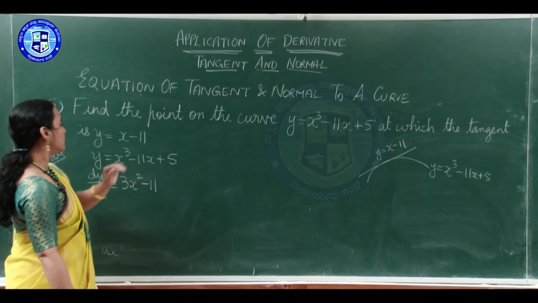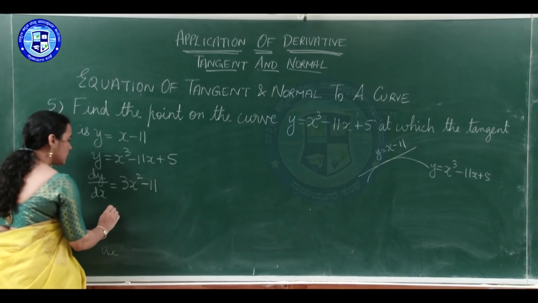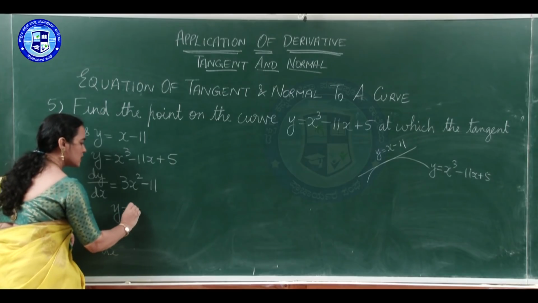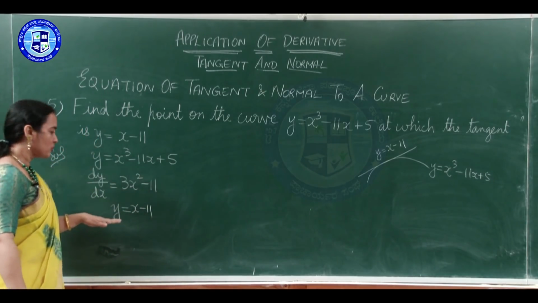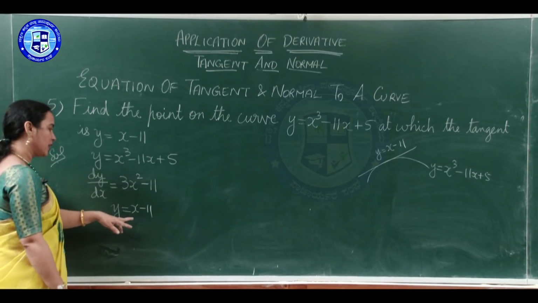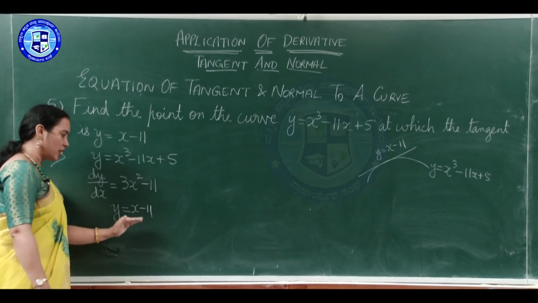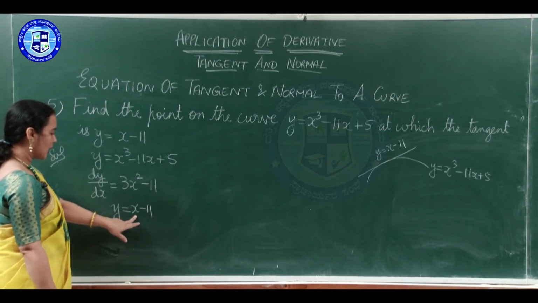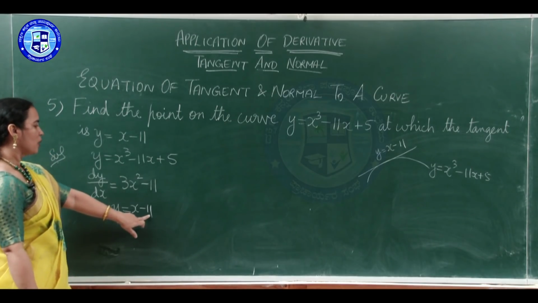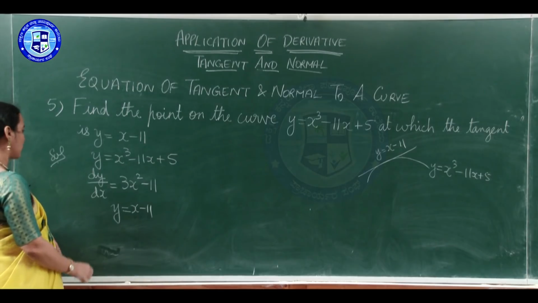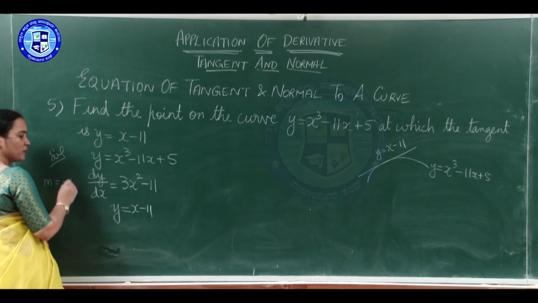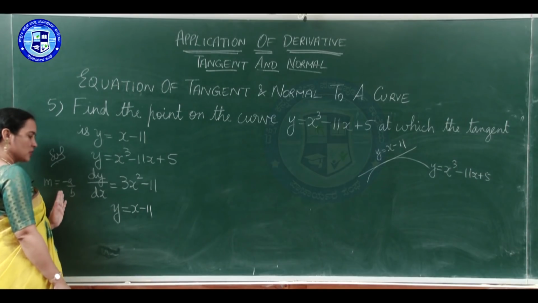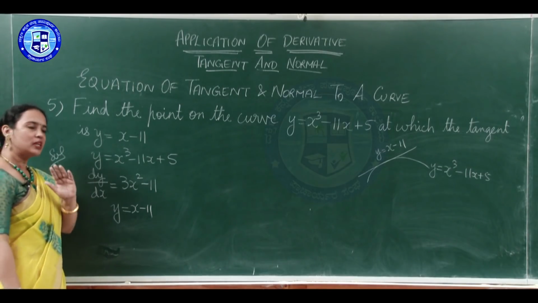Let us move on to the tangent equation. So, tangent equation they have given it as y is equal to x minus 11. How to find the slope? Now, this is a straight line. So, you can write it in the proper general equation form. So, you will be getting x minus y minus 11 is equal to 0. Then slope you can find using minus a by b. Yes, either you can use this form or simply differentiate.